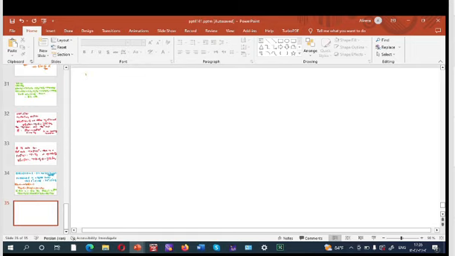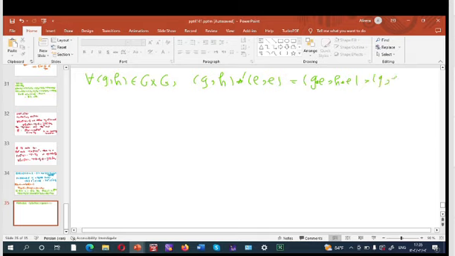Because for any (G, H) in G times G, (G, H) star prime (E, E), where E is the identity element of G, is equal to (G star E, H star E), and this is equal to (G, H), and similarly (E, E) star prime (G, H) is equal to (G, H), and every element such as (G, H) in G times G